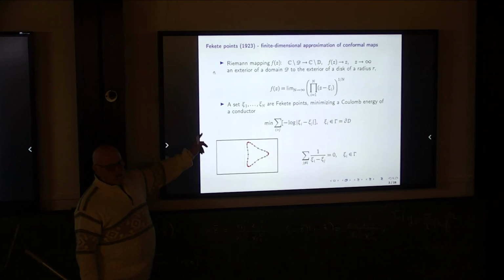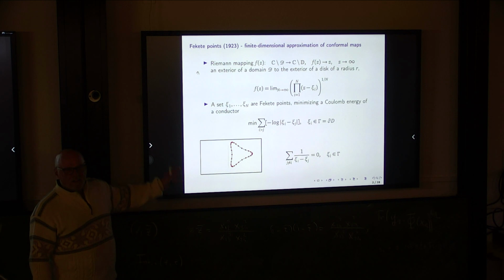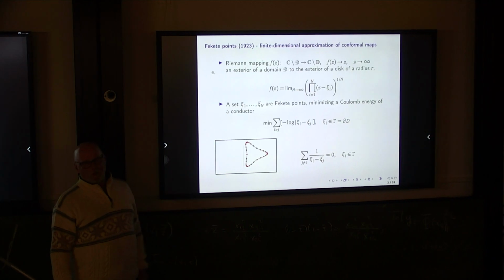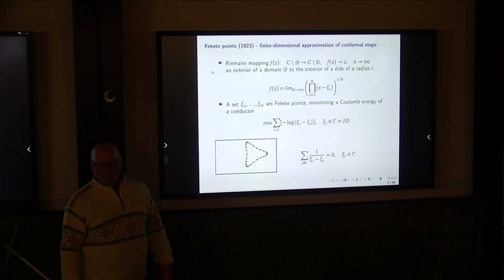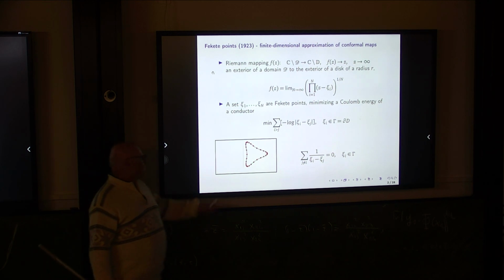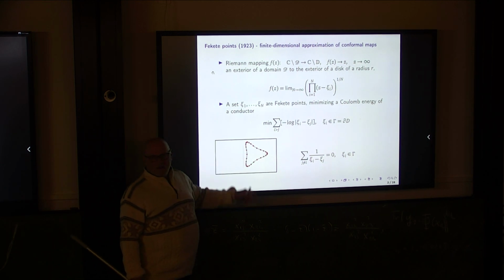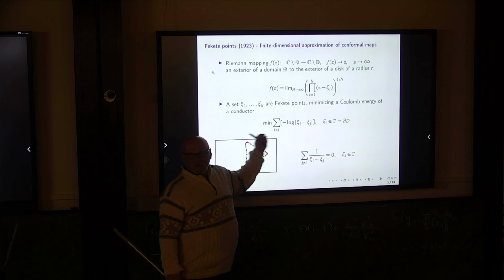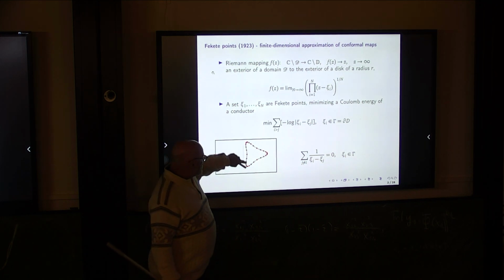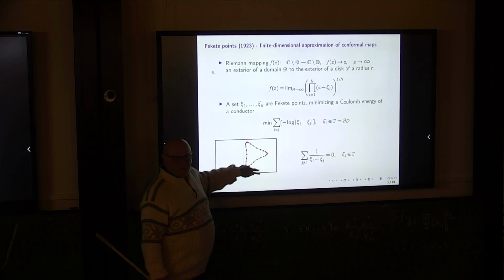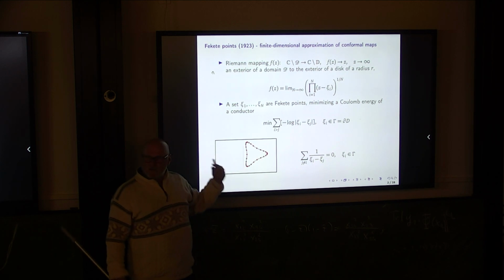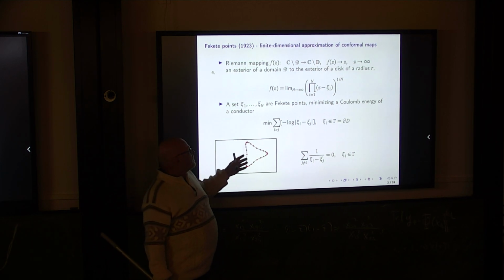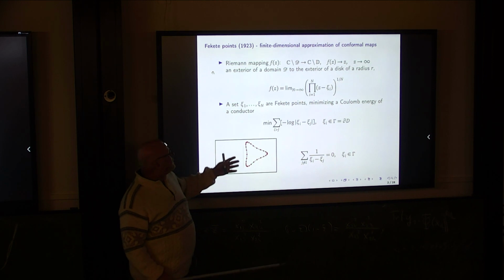So that story is also called finite dimensional approximation of conformal maps. Right? A curve approximated by points, a map approximated by polynomial, and in the limit, these points form a continuous distribution, which is a curve. Their support becomes a curve, and